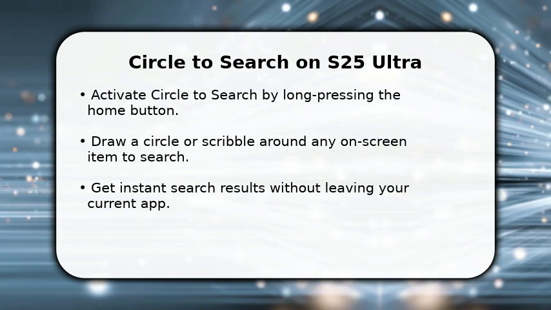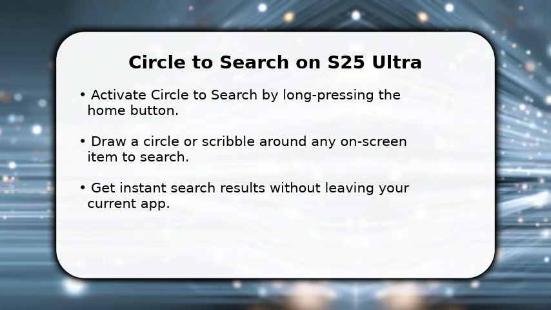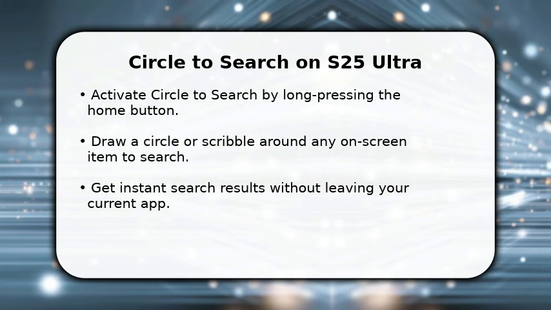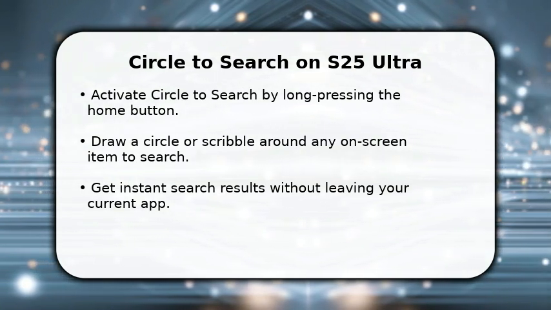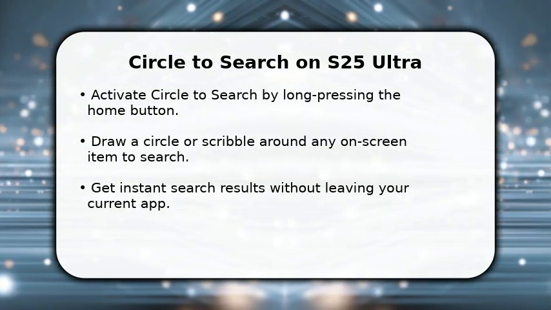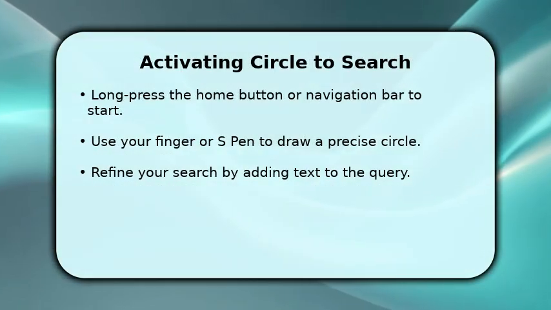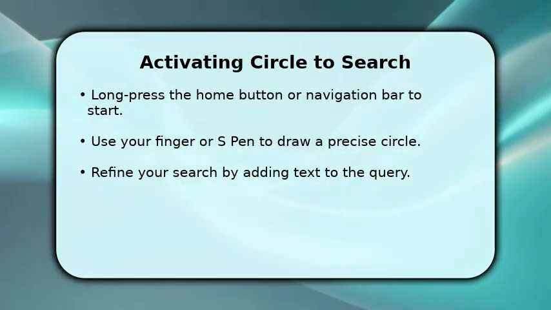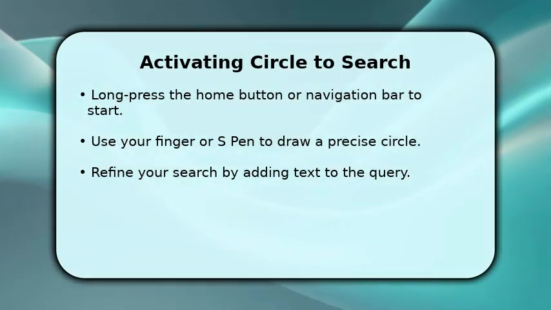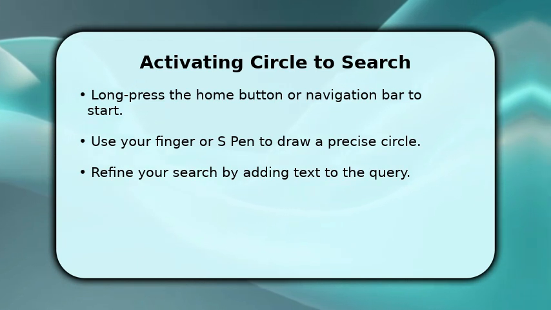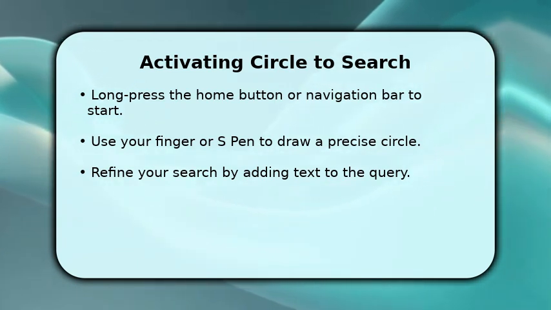You can then draw a circle, highlight, or scribble over any item you wish to search for. The results appear instantly, keeping you in your current application. Once activated, using Circle to search is incredibly intuitive. Simply use your finger or the S Pen to draw a circle, highlight, or scribble over any image or text